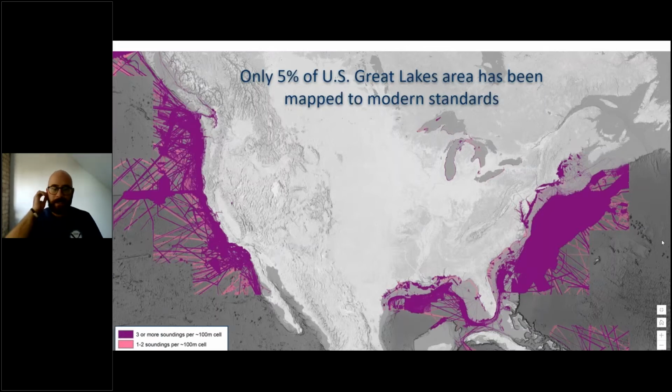and I saw this picture yesterday, in the first presentation by the keynote. And what's interesting here is you look at the other parts of the nation, so the eastern seaboard as well as the western seaboard, and you could literally fit the Great Lakes region within that 3 or more soundings per 100 meter grid cell off the eastern seaboard, for example. And so we definitely have a long way to go, and I definitely appreciate the stats that Charles provided in that, we basically need to be collecting 4,000 square nautical miles of data per year in order to meet that 2030 requirement. And so we've also seen, though, that there's been a lot of efforts to work towards that goal and meeting these requirements. And so if we go to the next slide,